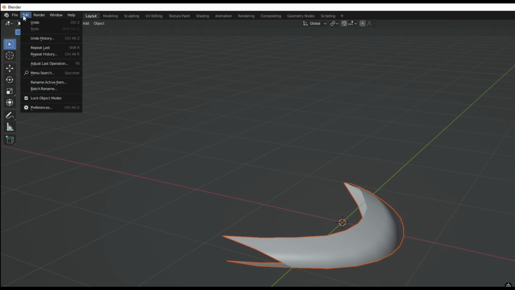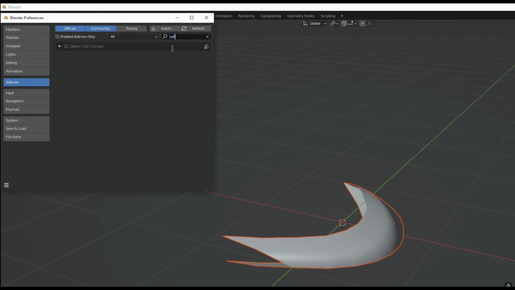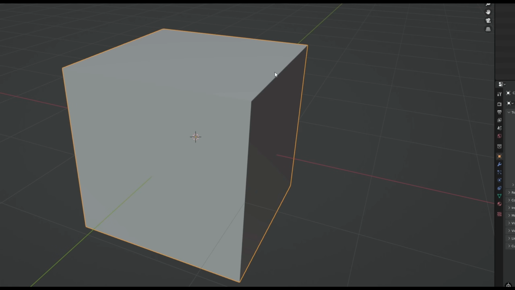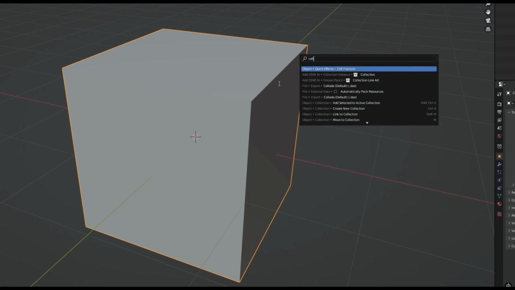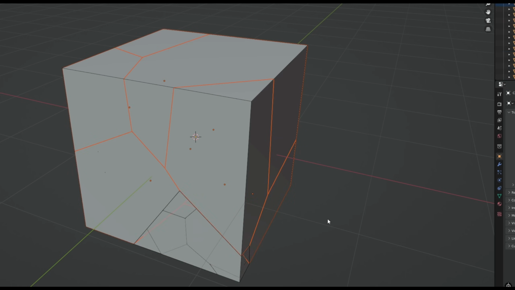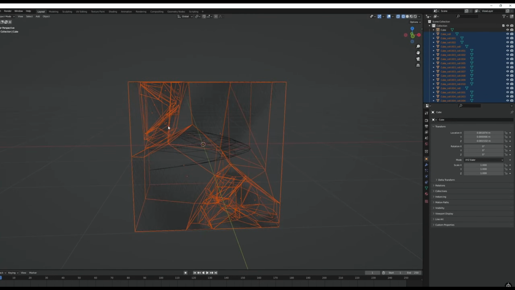So if you go back to your Blender file, you can go to Edit and in Preferences, in Add-ons, you can search for Cell Fracture, turn it on. And then we need to add the cube with Shift A, and with spacebar I'm gonna go with Cell Fracture, which you can find in Object, Quick Effects. This panel shows up and we can increase the source limit above 10. Recursive, we can set it to 1, and it's important that we set the noise to 1, and then we can press OK. And we get a fractured cube,